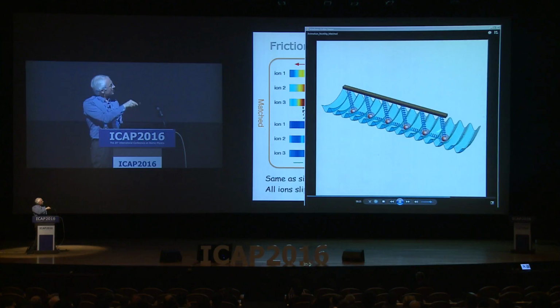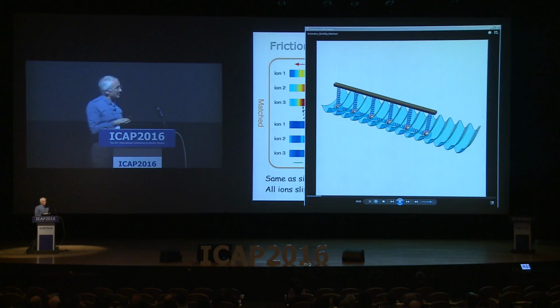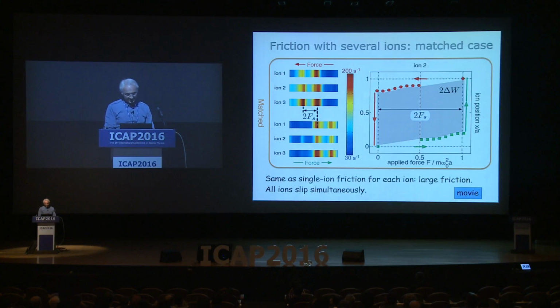And so what you see is just a single particle physics for each ion as it gets pulled over the lattice site and then recooled into the new minimum. That's why it's simply n times single atom stick-slip friction. It gets much more interesting if we arrange the ions in such a way that they're not sitting at equivalent points